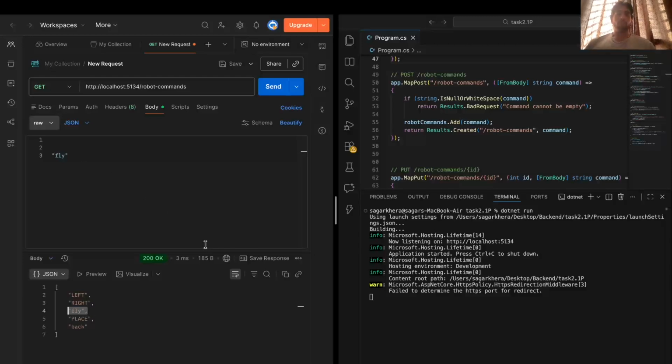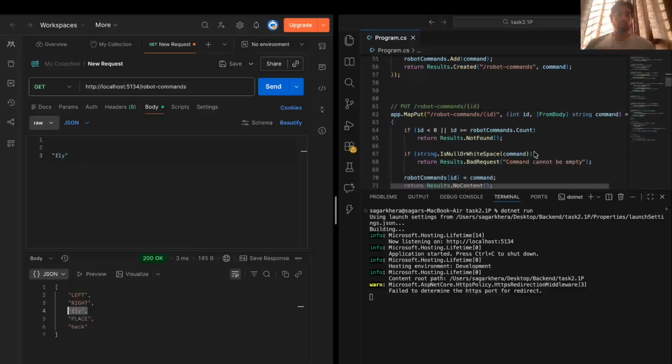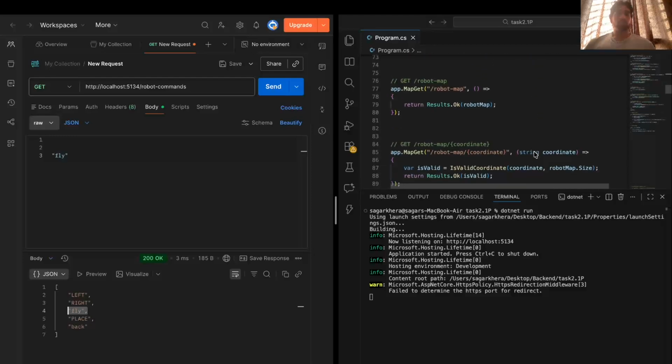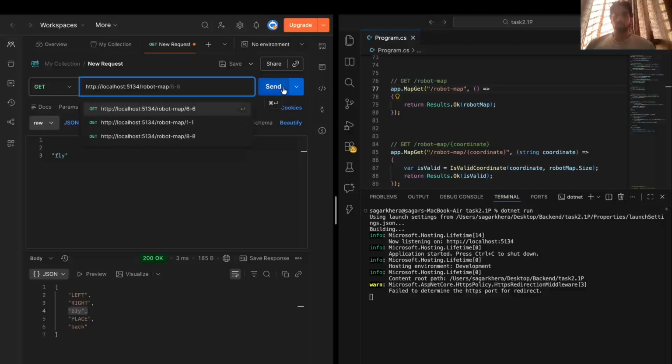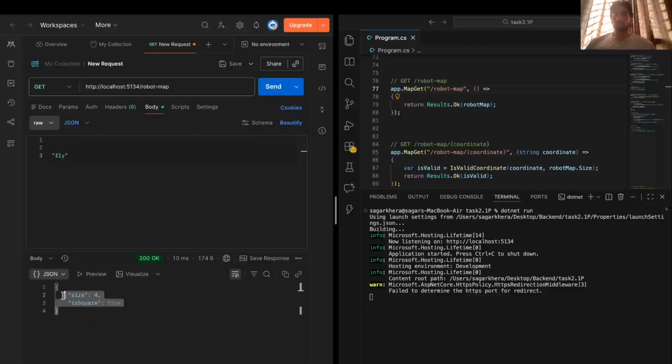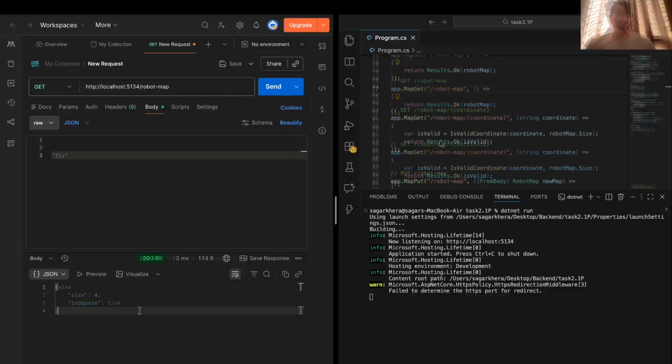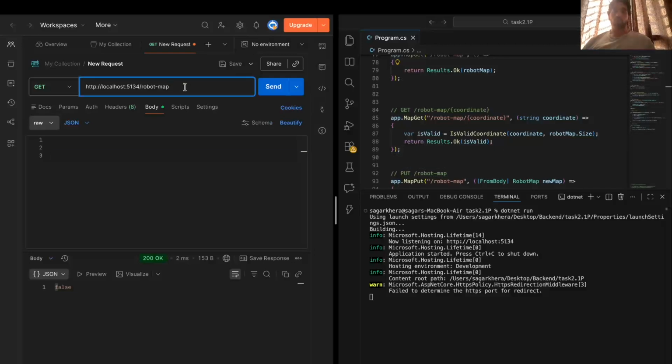After that, if we want to get the robot map, we can write it simply. You can see here size equals 4 and isSquare equals true. It means it is a square grid, and if we want to update the map size,